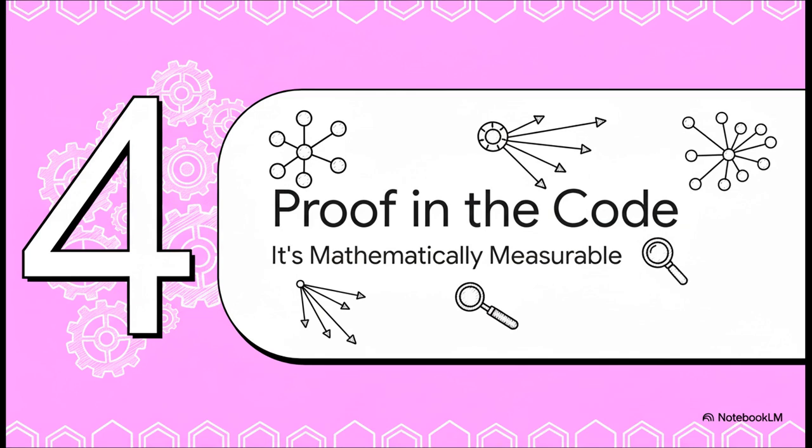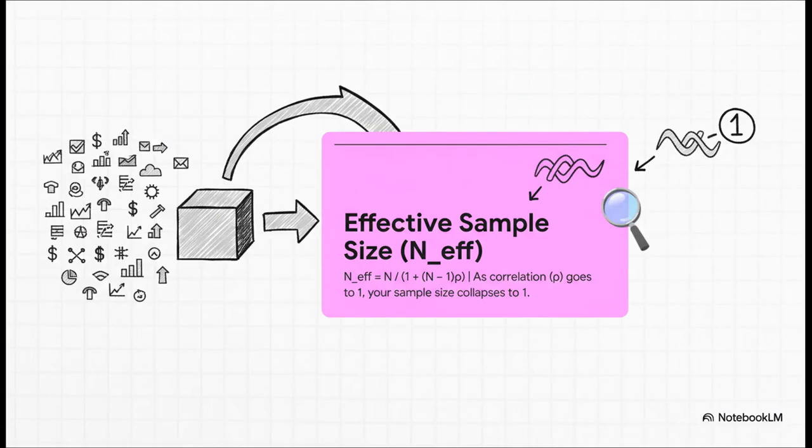It's something we can actually measure with math. Now, don't let the formula scare you. The idea here is actually really simple. N is just your number of trades. The important part is that Greek letter, rho, which stands for correlation. Just watch what happens as that correlation number gets bigger and bigger. Your effective sample size collapses. It shrinks all the way down towards 1. Your 100 trades suddenly start acting like one giant clumsy trade.